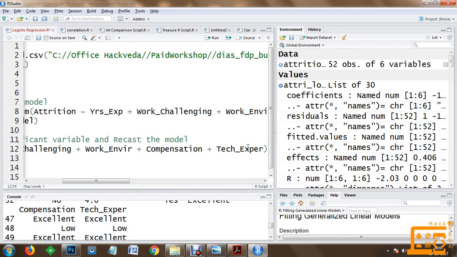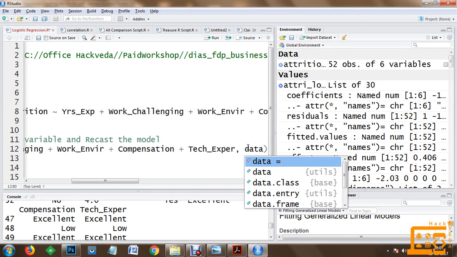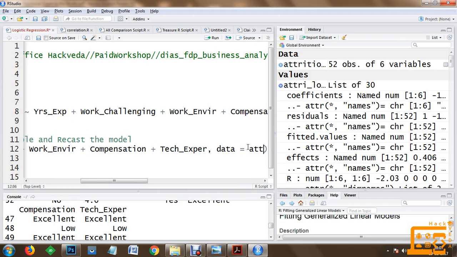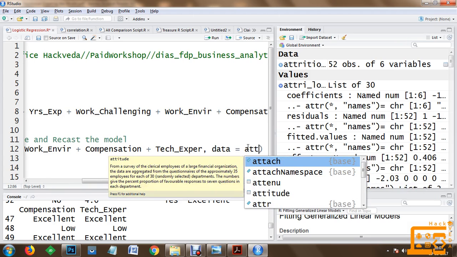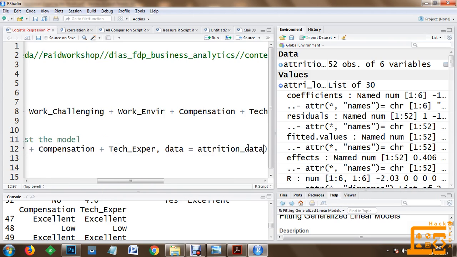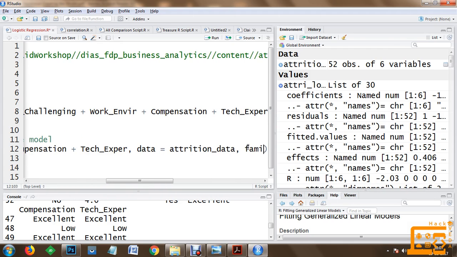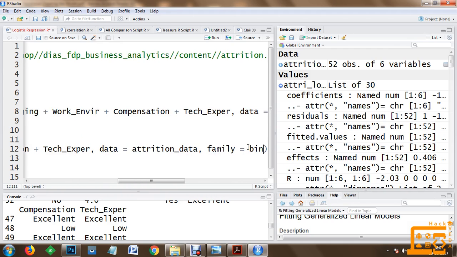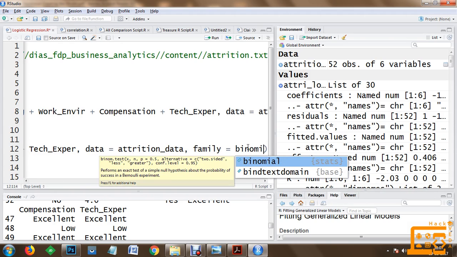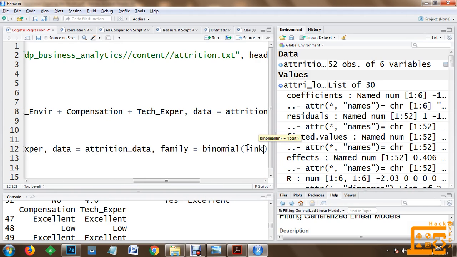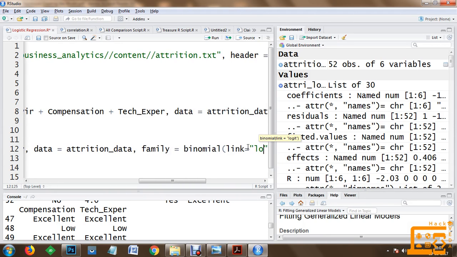So this is the information which has been taken, and now the next information will be the data on which we are going to generate the model. So this data will be the attrition data, and the family for creating the model will be the binomial family, and the link will be logit.